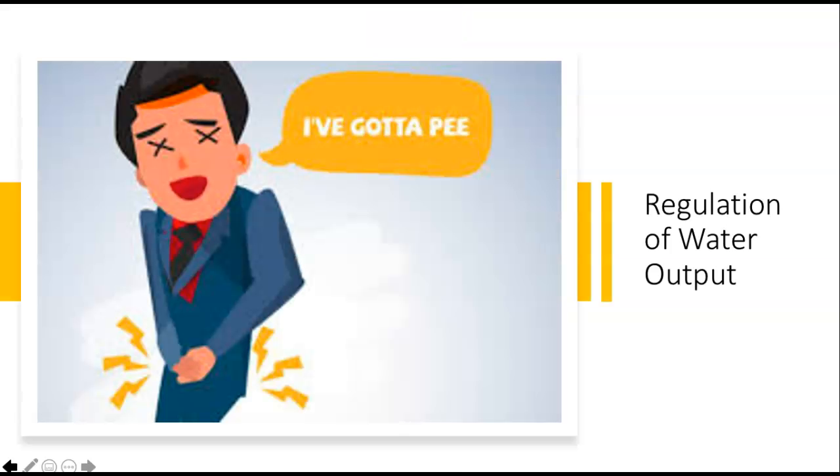The last slide here: how does the body regulate how much water that we're outputting? Water loss, like we just learned, predominantly occurs through our renal system, right? The urinary system. On average, you're going to produce about 1.5 liters of urine a day. And although the volume of urine will vary in response to how much hydration you have, there's actually a minimum volume of urine that has to be produced